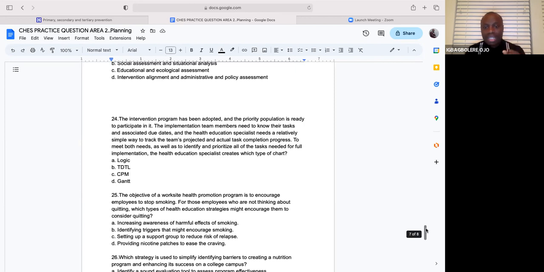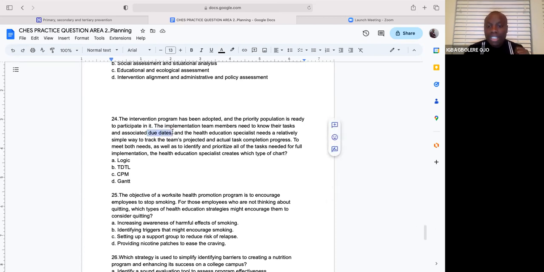However, in TDTL, you are unable to go after the due dates, and you are also unable to prioritize the task. It only gives you a timeline. This should be done by this time. It's like a scheduling system, okay? You are unable to track the progress. CPM allows you to do most of these things, but